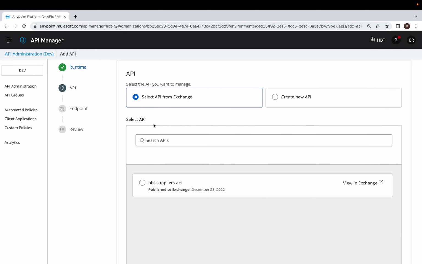Click on next, and here we have to choose an API. Either we want to create a new API, or we select an existing asset or API from Exchange. Since in our previous sessions we created the API specification, and that specification is published to Anypoint Exchange, we can select the asset from Anypoint Exchange. Here search for the APIs. If we have multiple, you can search for the API that we want to register or add in API management. So select the API,